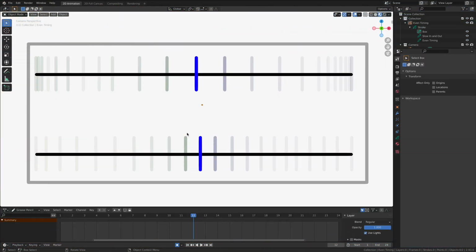The final step in our animation process is to render it. We need to get our animations out of Blender and into a format that we can then share or send to someone, or perhaps even edit into a film or a television show. We need to get it out of Blender and into a format that can be integrated into other pipelines.